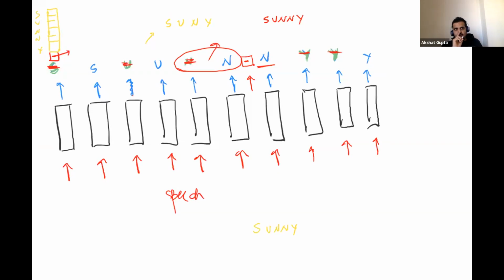Blank is only being used to differentiate, and this again goes back to the fact that we don't know the timing information. So if we had to generate blanks here, we would have had to know that